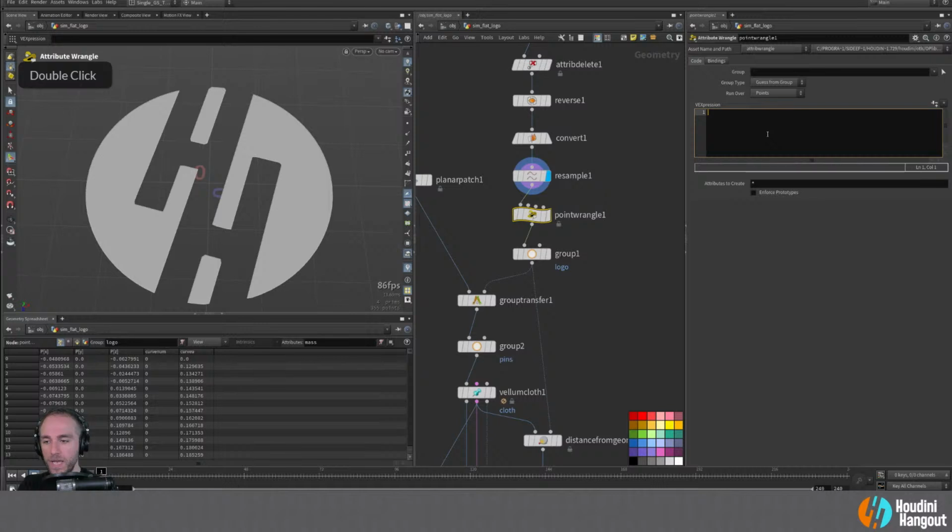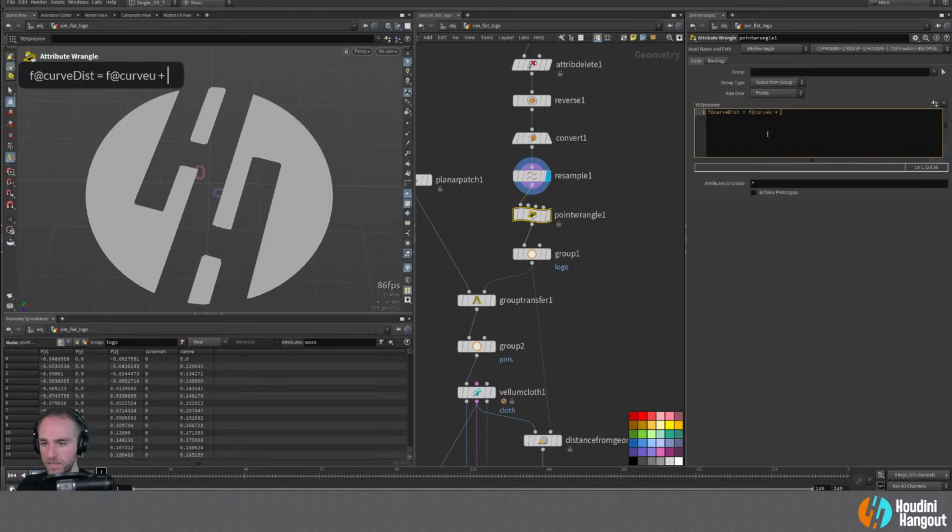Get a point wrangle going. What do we want to call this? Maybe curve. What attribute do I want to call this? Curve. We'll just say curve distance equals @curveu